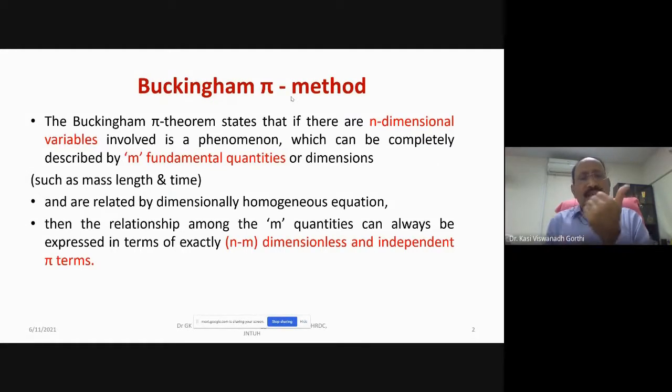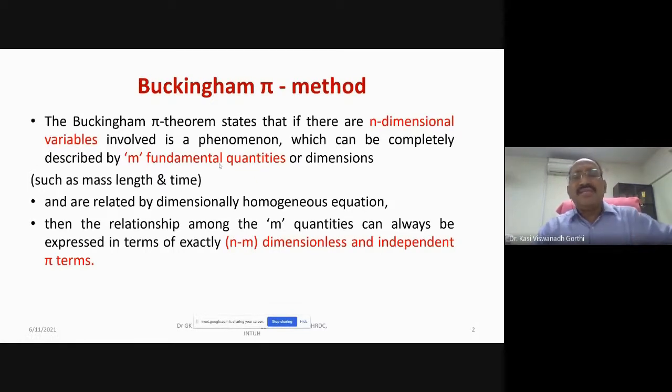Otherwise, mass, length, time are treated as the primary or fundamental quantities. Mass one, length two, time three. So you have a total of three primary quantities. So m in this Buckingham Pi theorem refers to the number of fundamental quantities, that means mass, length, time. If the entire physical phenomenon is completely described by mass, length, and time, then the value of m becomes 3. If it is described only by two, say length and time, then the value of m becomes 2. So m primary quantities may be either 2 or 3 or 4